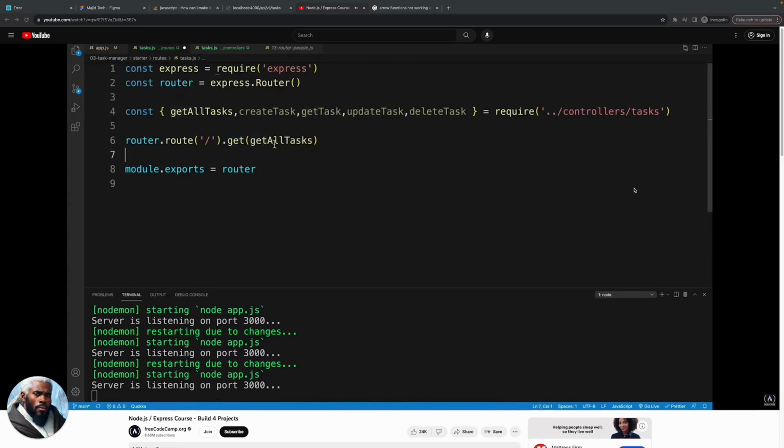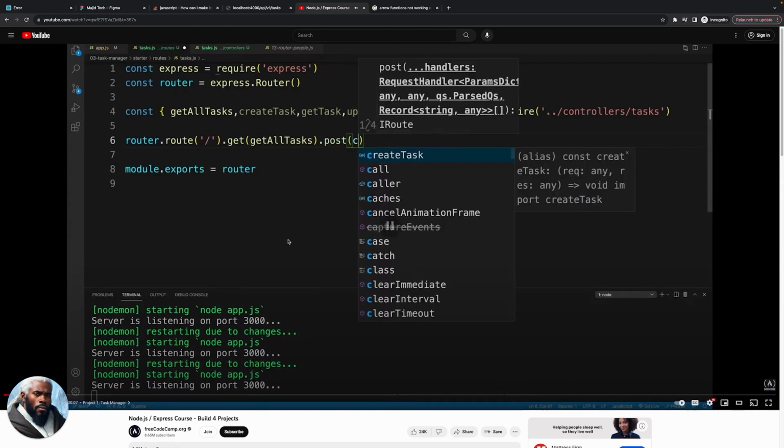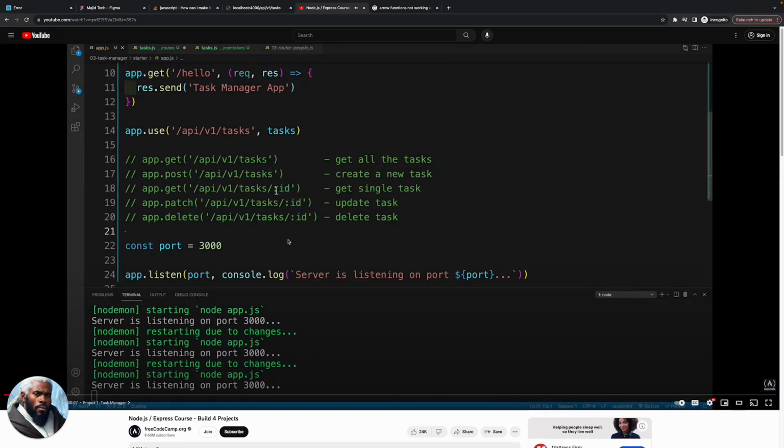So where I have the get request to get all the tasks, I'll chain dot post. And of course, get is where we're going to be with